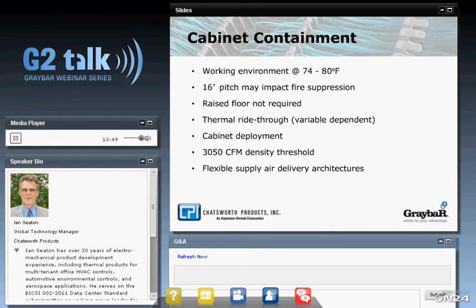Cabinet containment, you create a much more hospitable work environment, may be important where there's a lot of activity, may be less important for a lights out data center, obviously. Fire suppression,